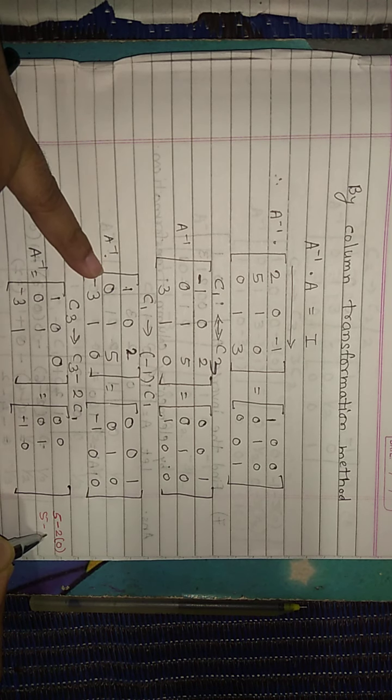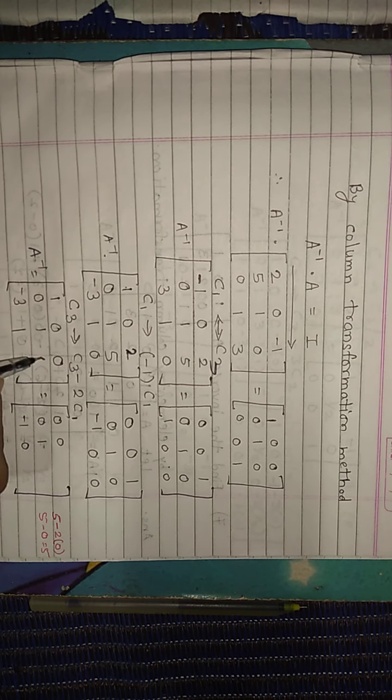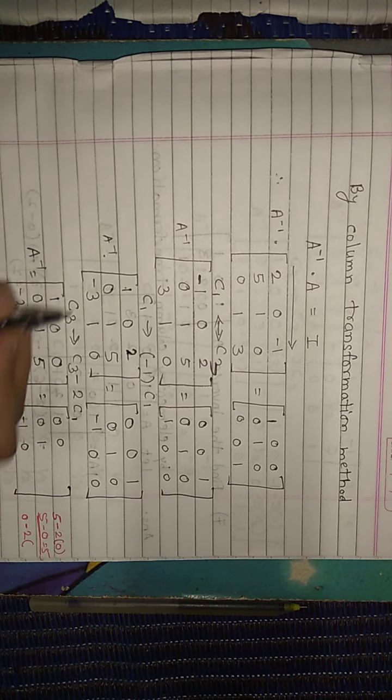So 5 minus 0 is equal to 5. So we put that value here, 5. Now the next element is a 0. So we write 0 minus 2 into C1 element in the same line, first column. Same line in the first column is a minus 3. So 0 minus, minus becomes plus, 3 2s are 6. So we write here 6.